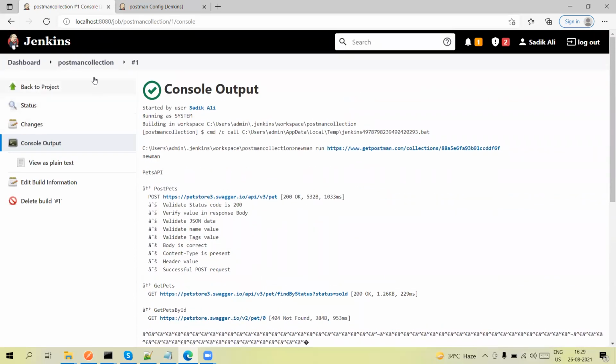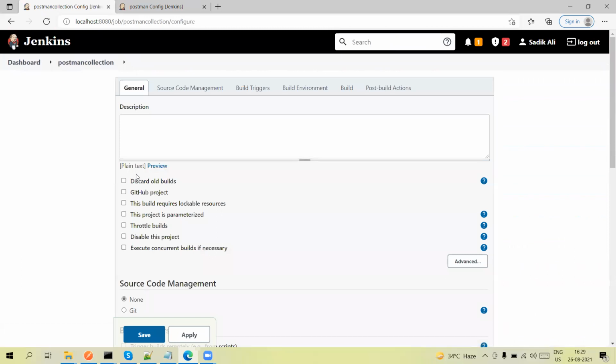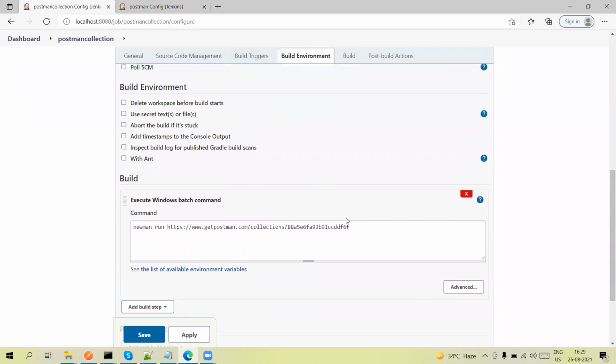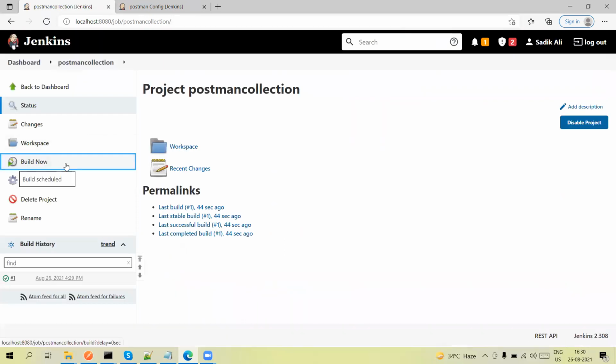So now what we need to do, just go here and add one more option, hyphen hyphen disable Unicode. Save this and run again.